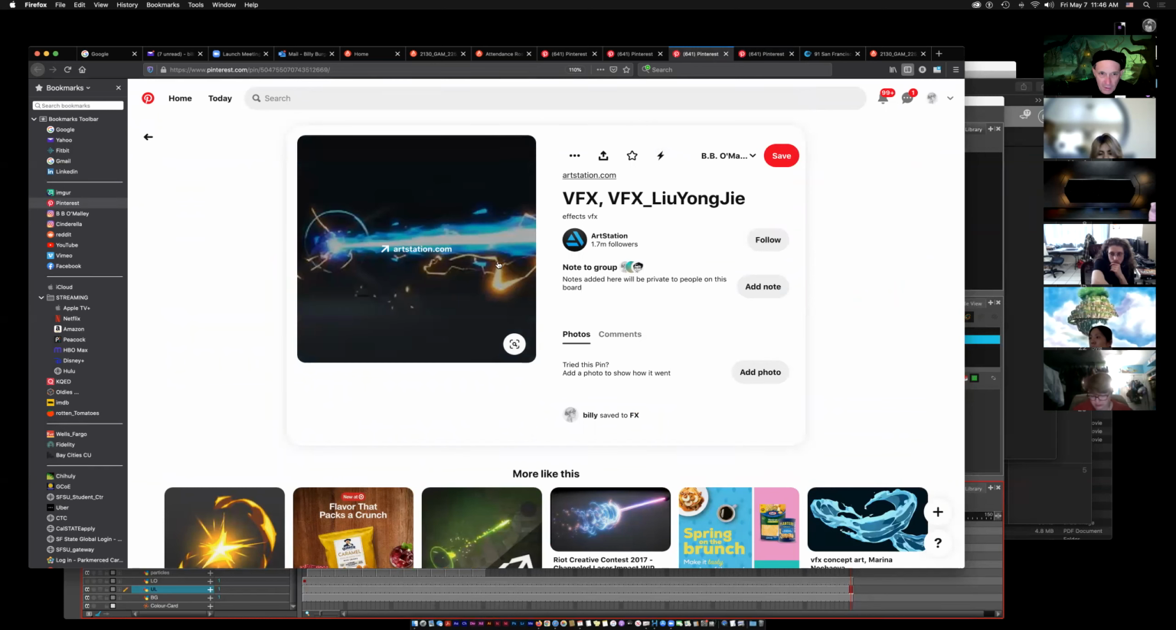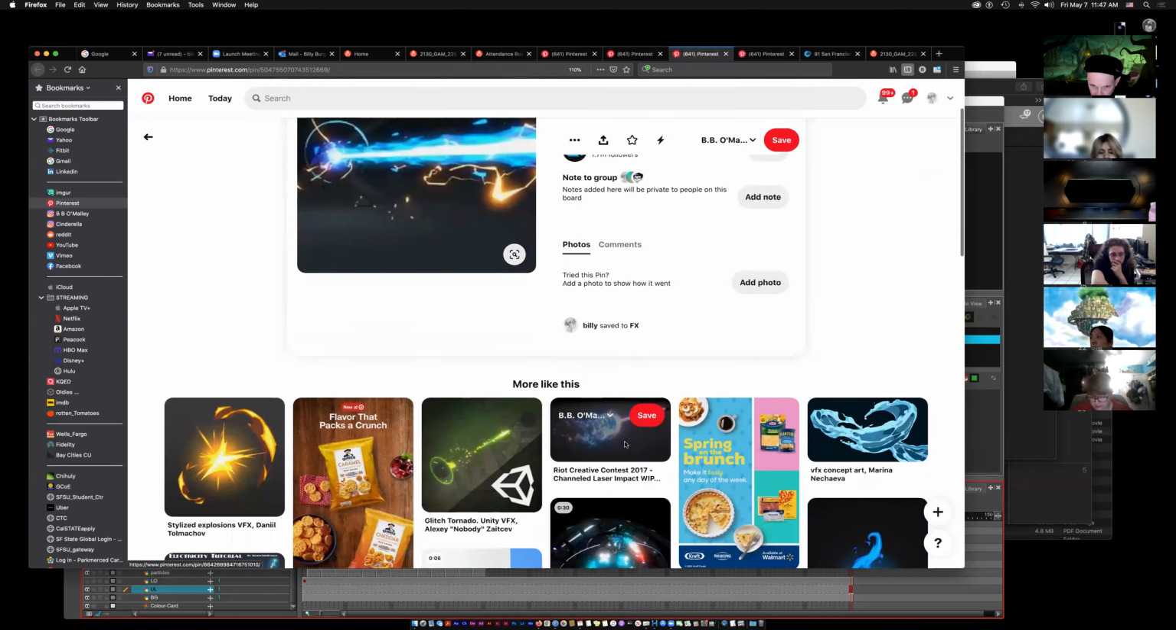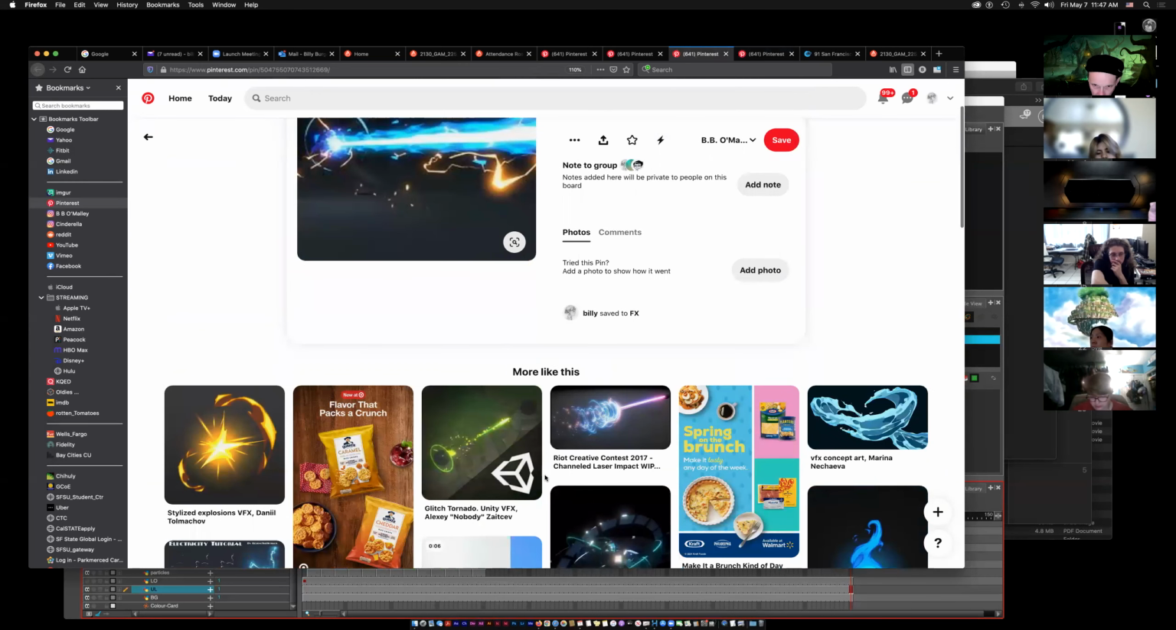So this is a little electrical lightning thing that's on the outside of that plasma blast. I don't know. I think that my demo is getting a little busy. I like this thing right here. I haven't seen this before. And